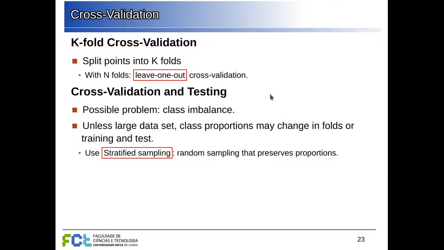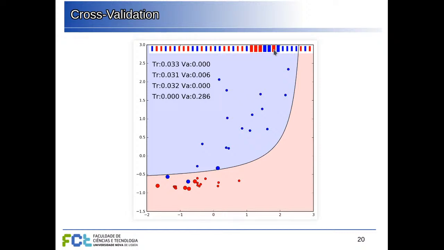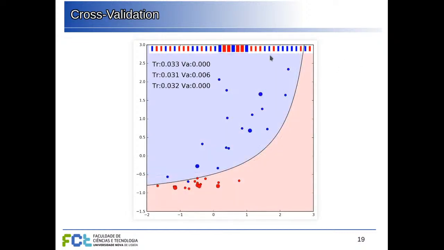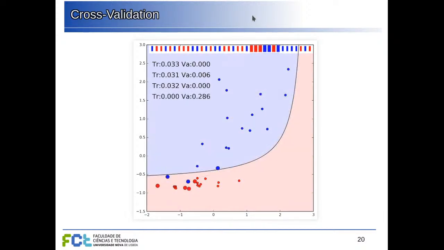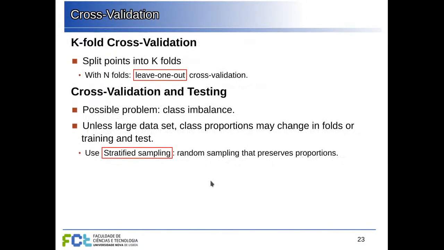So suppose that you have one fold, in this case, imagine that one of these folds only had blue points and another one only had red points and things like that. This would probably make the results a bit weirder and make the error oscillate too much, and we can try to avoid that. So usually what we do is to use stratified sampling,